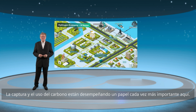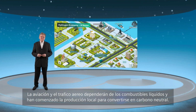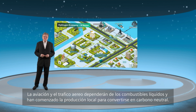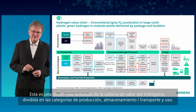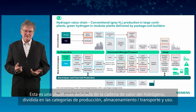In this context, carbon capture and usage plays an increasingly important role. Aviation, for example, and air traffic will depend on liquid fuels and have started with on-site production on their way to become carbon neutral. Here is a more detailed overview of the hydrogen value chain, grouped into three categories: production,